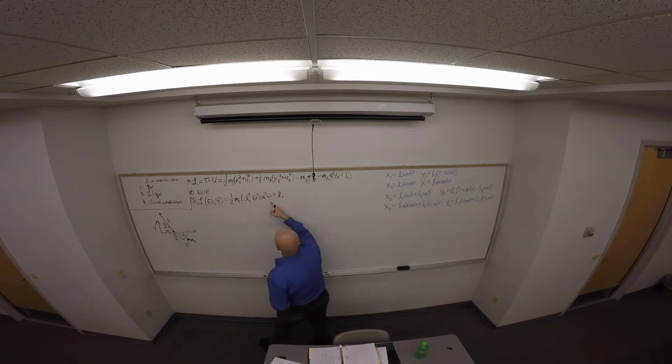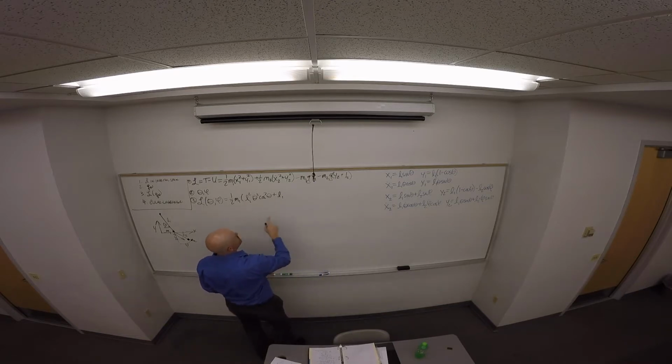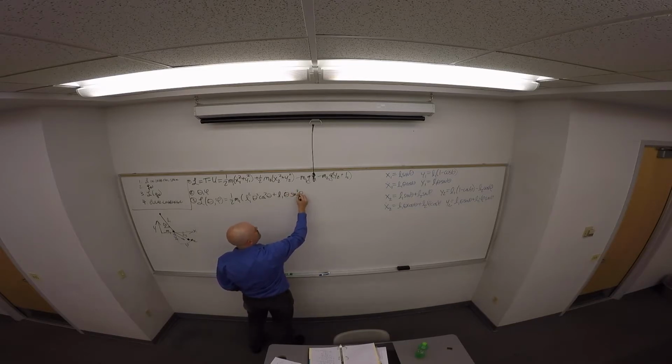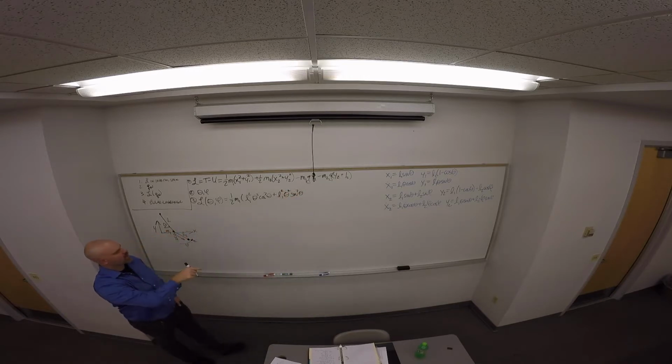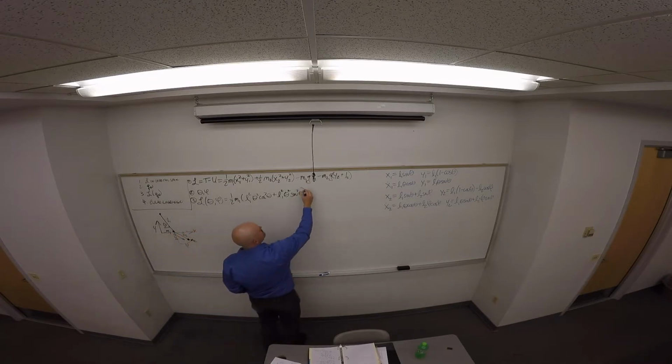I said phi, but I wrote theta. I think I just misspoke. I didn't miswrite, so that's good. L1 theta dot sine squared theta. This is squared. They're all squared. This is a y dot squared. Okay? Plus 1/2 m2